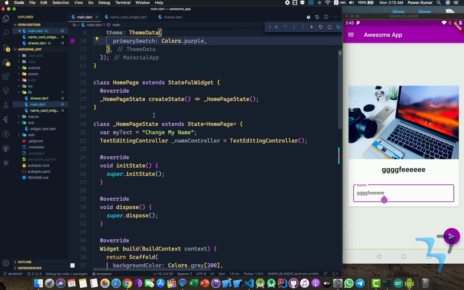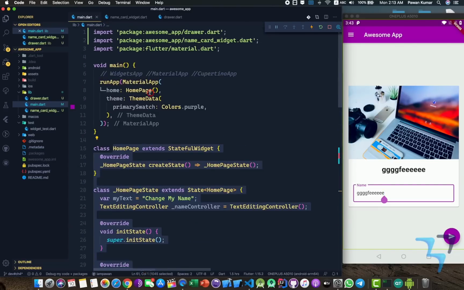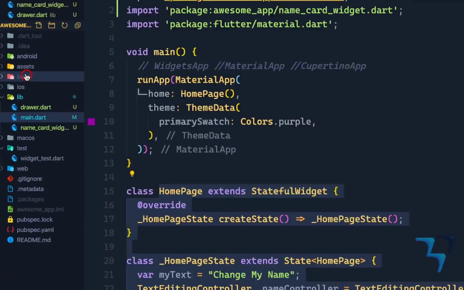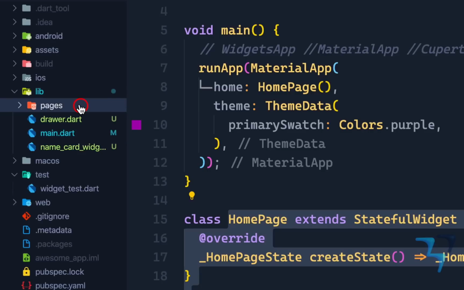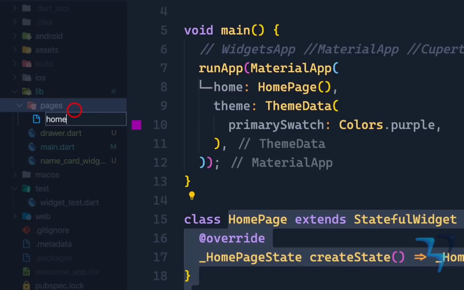But guys, we can do one more thing. We can remove this entire home page from here. We can create a separate pages folder. So inside lib, we will create one more folder, this time pages, and here we will create a new file. We will call it